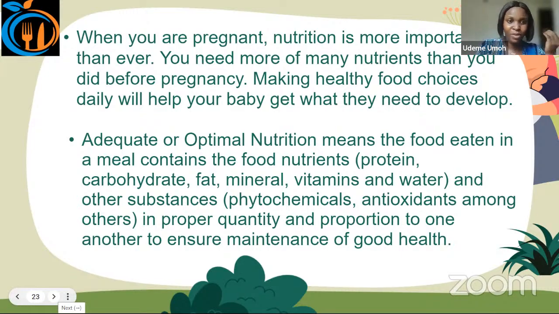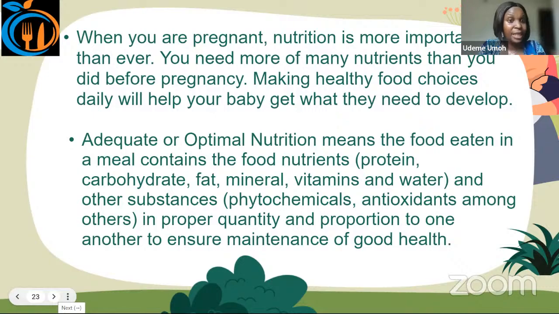Like, for instance, your tomatoes. Have you noticed that tomatoes have a particular red color? What makes tomatoes red is something called lycopene. So lycopene is a phytochemical. Phytochemicals are chemicals that come from plants. So when you're busy eating carbohydrate and protein and fat and oil, it's also important that you look out for things like phytochemicals. If you talk about antioxidants, we are talking about the other spices that you use to cook: cinnamon, turmeric,